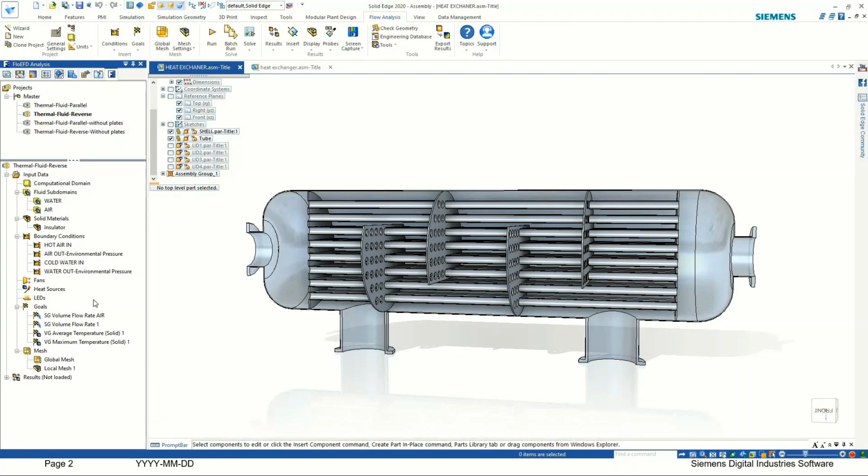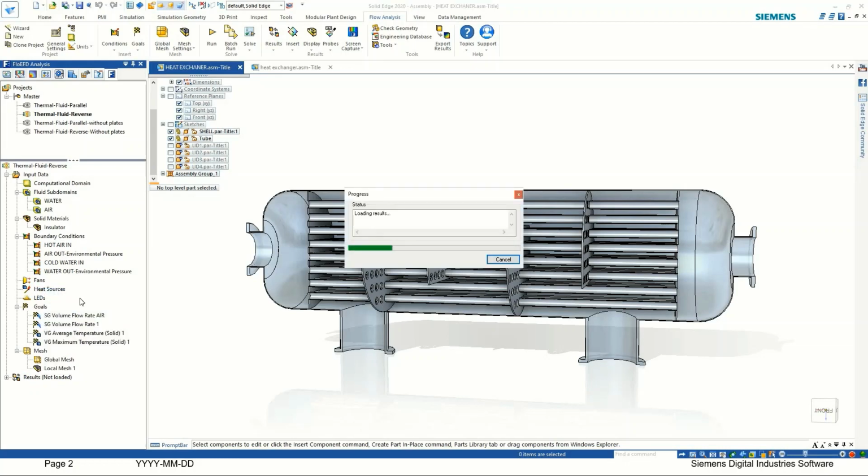Okay, so we are going to talk about these pipes which I have just selected, and let's click on the second analysis. Let's load the results.